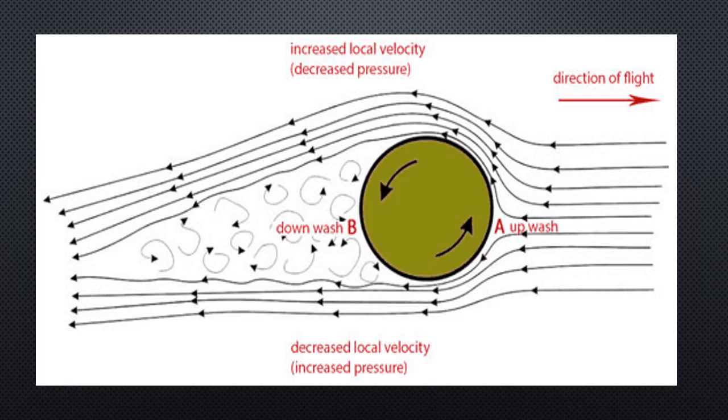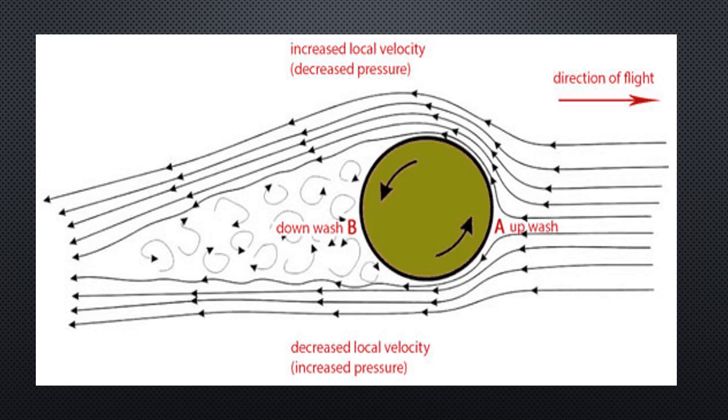Here is the picture depicting the spinning of a ball in an airflow. You can see on the upper side of the ball that the streamlines are close to each other, and on the lower side of the ball the streamlines are far apart. On the upper side the velocity has increased, and so the pressure has decreased as the streamlines are closer to each other.